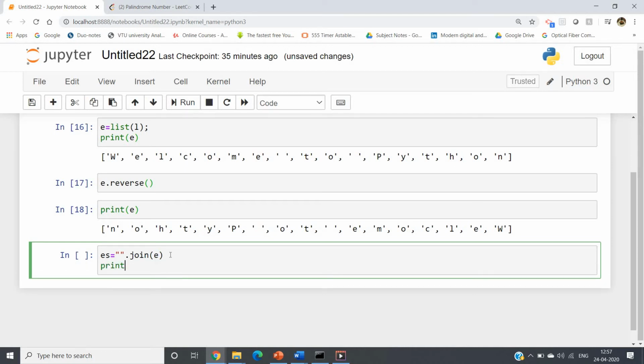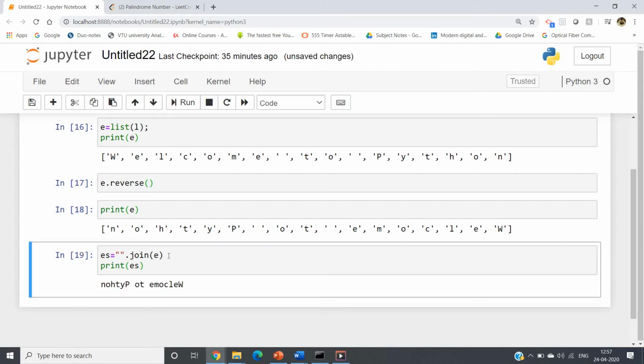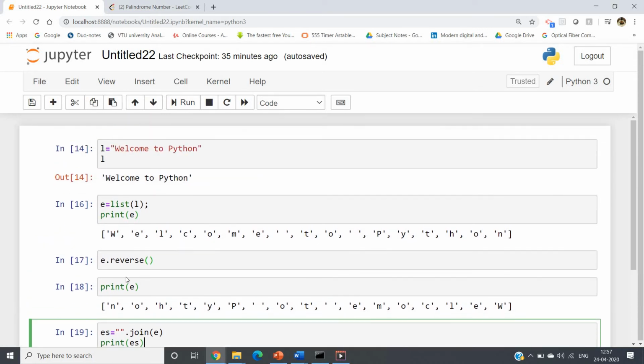Now if I print es, we get welcome to Python, but in reverse way. So this is one of the simplest ways to convert a string to a character list, and using this concept you can simply reverse a string, as I have shown you.